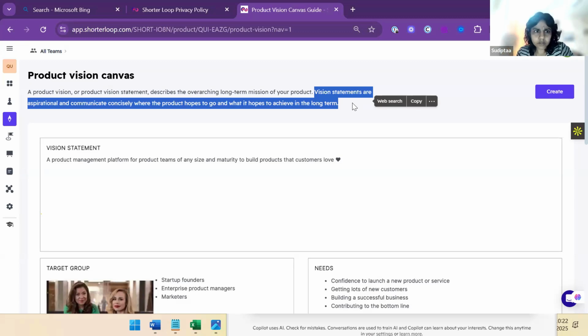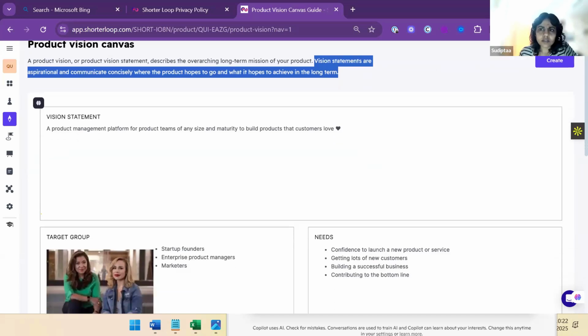Based on that, you create your mission statement. What is the hope, aspiration or motivation for your customers to buy or use your product, not just in the long term but also in the short term? Nowadays most companies have short term metrics and also long term metrics. So this is the vision statement.